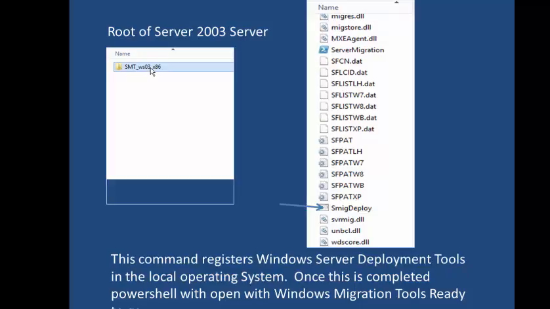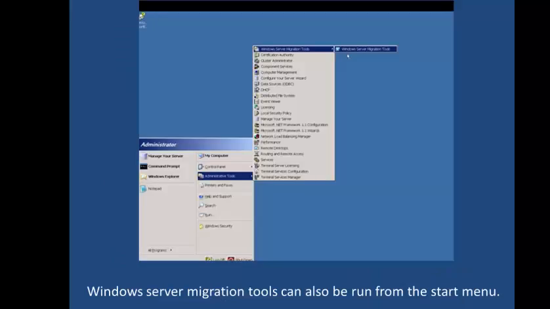What we need to do is to expand that folder, and we need to find the server migration deploy file. This file will register Windows Server Migration Tools in the local operating system. So we need to double click on SMIG deploy. And once you double click on that and run it, you're going to have the Windows migration tool ready to go at the command prompt, just like we had when we opened the server migration tools